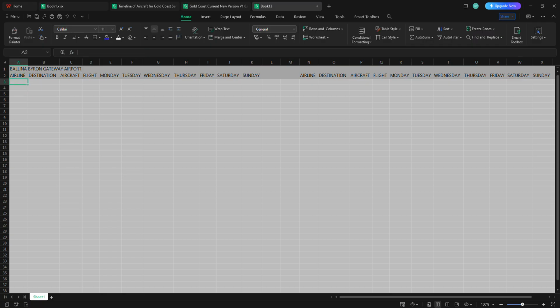And so I usually use three main websites to help me. First one is the airport's Wikipedia page, and it shows all the airlines that operate from the airport. This is slightly outdated because FlightRadar doesn't fly to Ballina anymore, but the other two websites I use are FlightRadar,